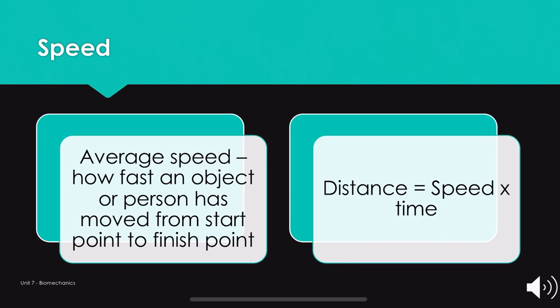Speed. So, speed is calculated by distance divided by time. This gives us an average speed, meaning how fast an object or person has moved from start point to finish point. For example, Mo Farah's PB time for the 5,000 meters is 12 minutes and 53 seconds. To calculate the average speed of his run, we need to change his time